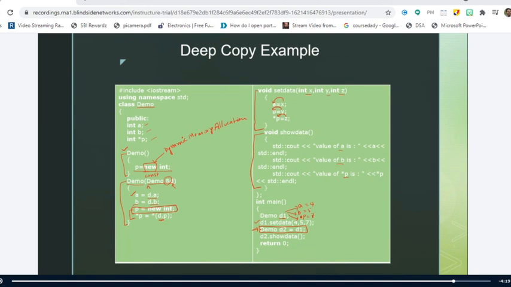Right. So demo D2 is equal to D1 means we are creating an object called D2 of class demo, and we are assigning or we are copying the values of D1 to D2 by invoking a copy constructor. Since we have a user defined constructor, this user defined copy constructor will be invoked.